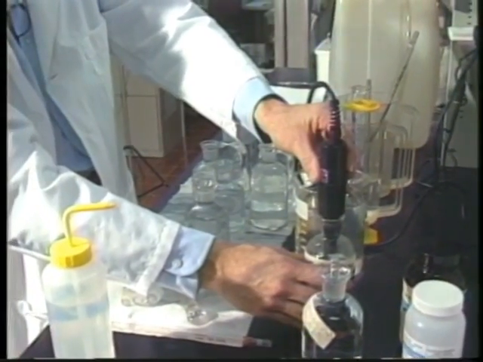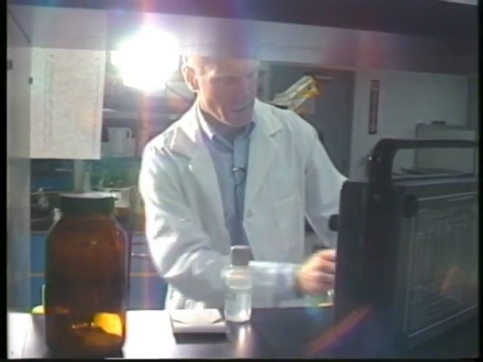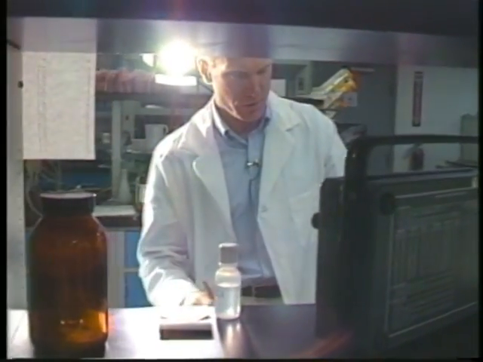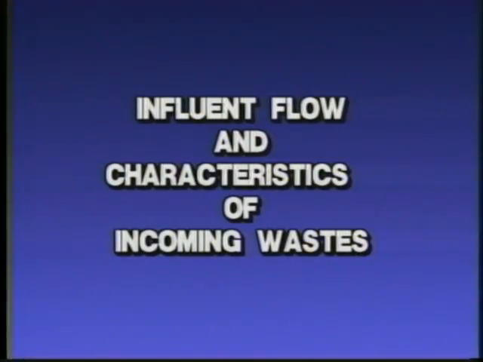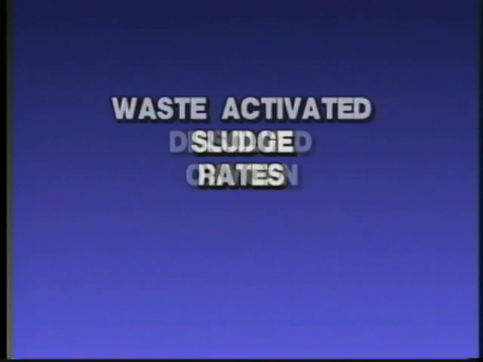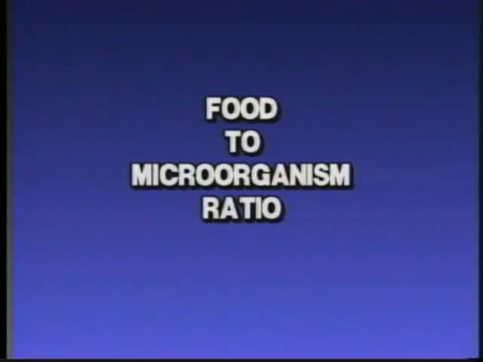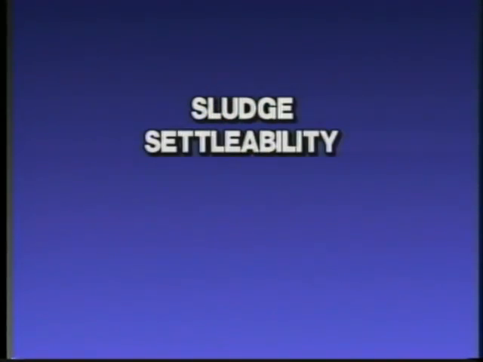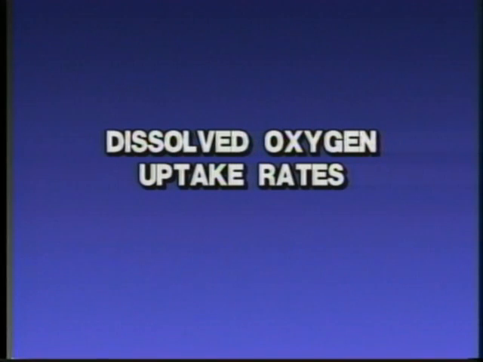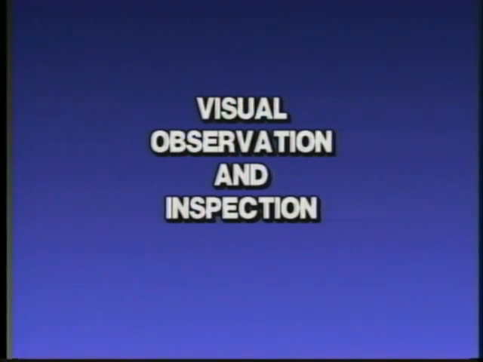Examples of some of the process control information that needs to be collected or calculated and lab work that operators should perform at an activated sludge facility include influent flow and characteristics of incoming wastes, return activated sludge rates, waste activated sludge rates, dissolved oxygen, pH, temperature, mixed liquor suspended solids, mixed liquor volatile suspended solids, mean cell retention time, food to microorganism ratio, sludge settlability, dissolved oxygen uptake rates, microscopic examination of organisms, visual observation and inspection, and overall